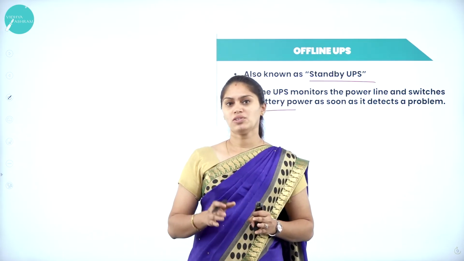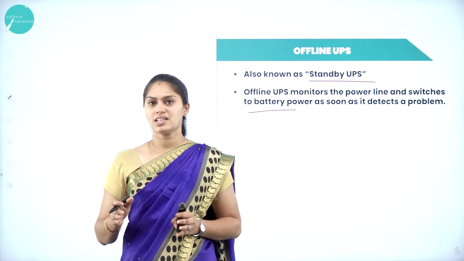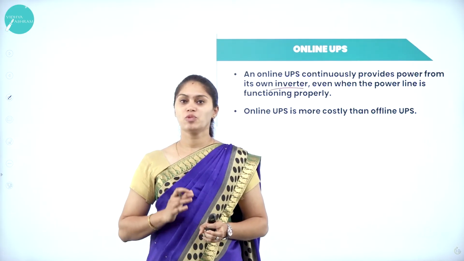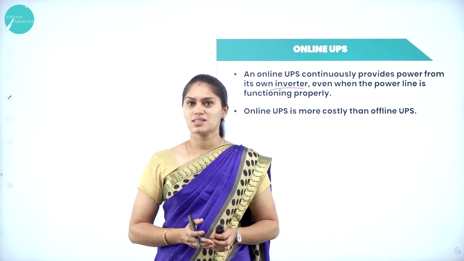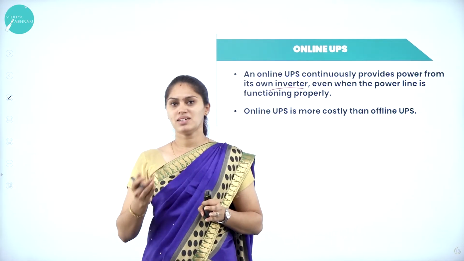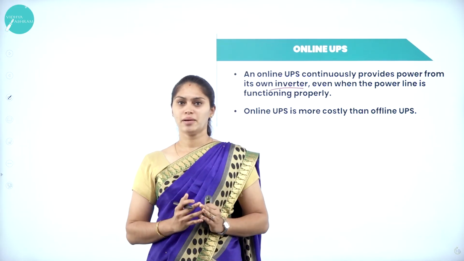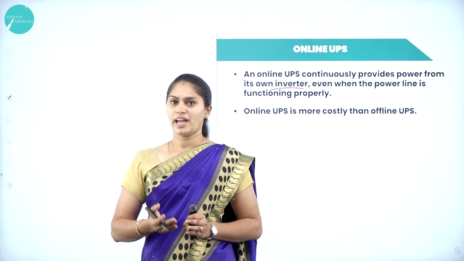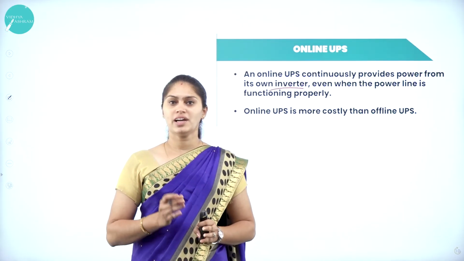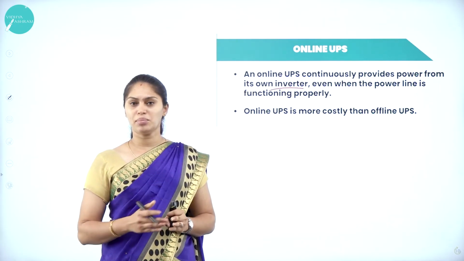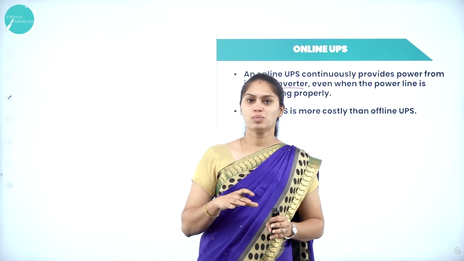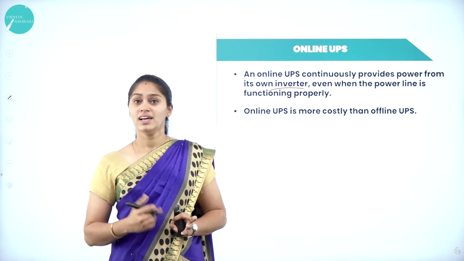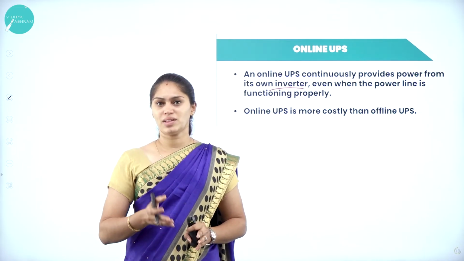But what if I want to keep the power supply in a continuous manner? At that time, I need to go with this online UPS. Offline UPS works only when the electricity failure occurs, but the online UPS keeps the power supply on even when the power line is working properly. It completely prevents any breakages, and it won't allow any shutdown or any power problem, so that the computer can process its data and instructions in a smooth, continuous manner. This kind of UPS is mainly used in real-time systems where there should not be any breakage in between.